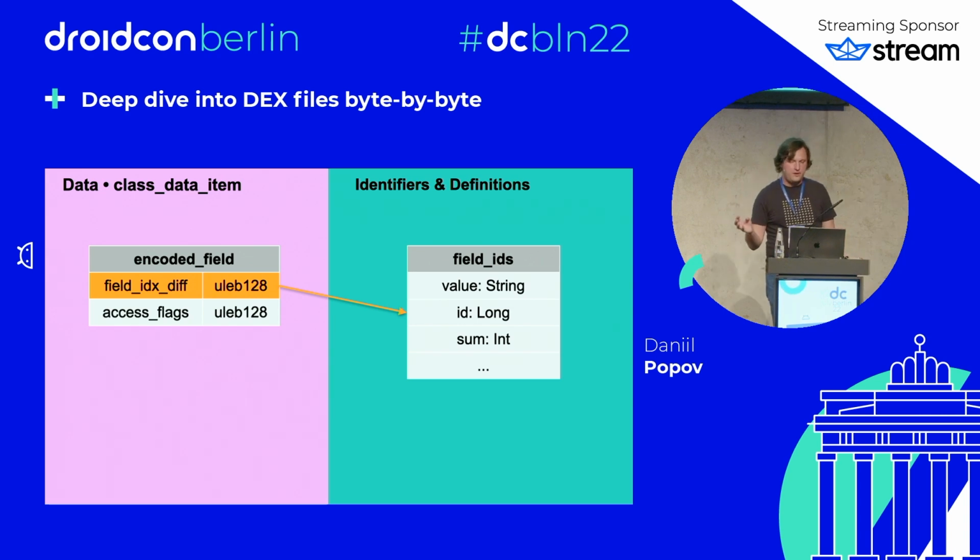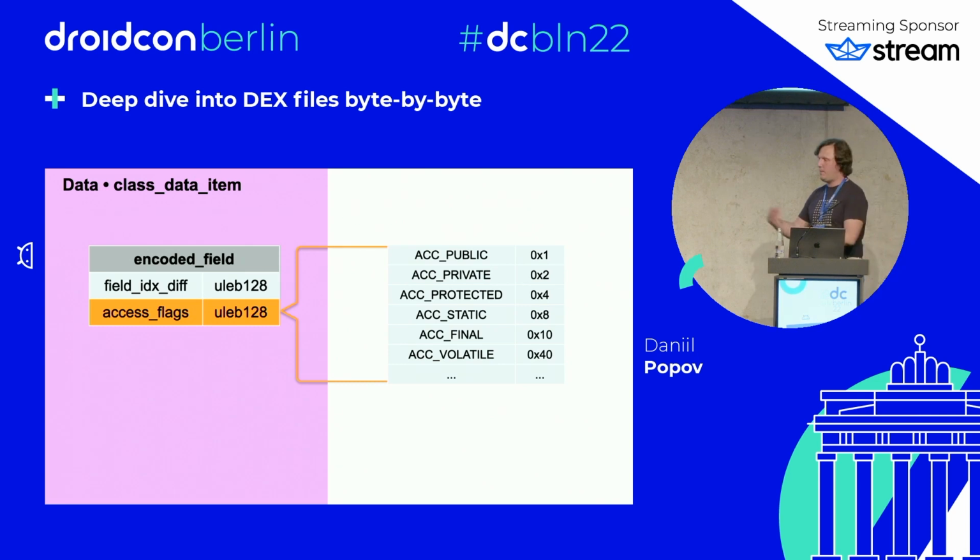And the most interesting thing here is that this field is represented as the difference from the index of the previous element in the list. The index of the first element in the list is represented directly. That's why we have this diff suffix in the naming. Why? Because of saving memory. That's the main idea, to save some space. And again, access flags of the field: public, private, final, volatile, etc. So this encoded field structure is just a bridge between the field ID, which we discussed previously, and the access flags